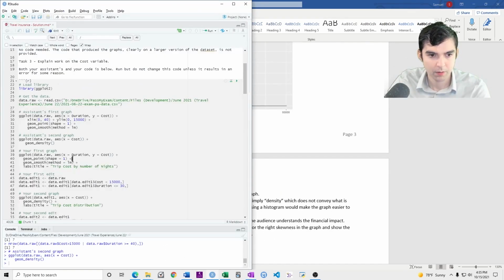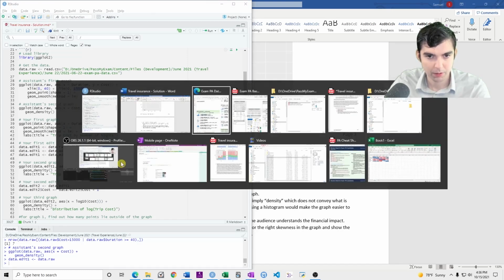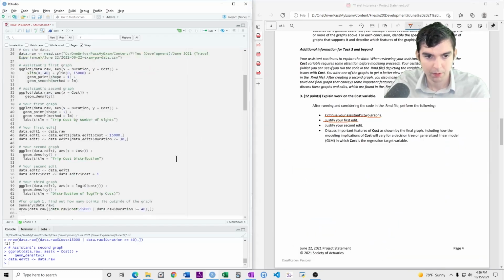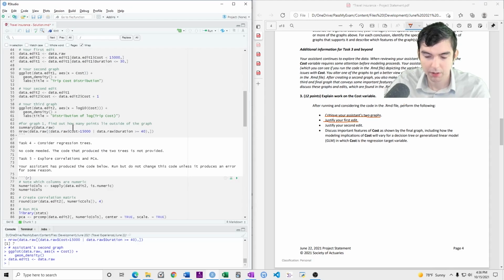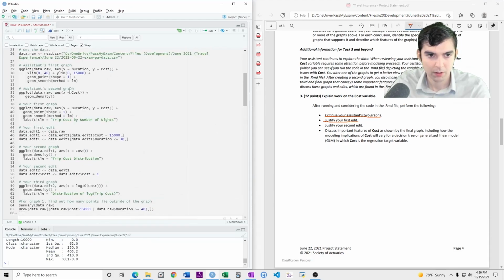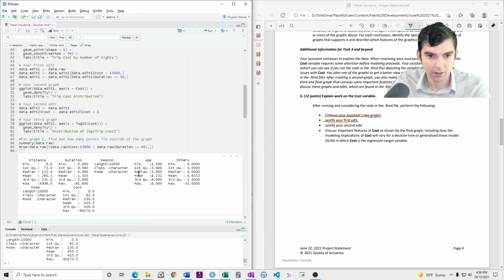Okay, there's your first edit. First of all, it makes a copy of data raw, and then data 1 edit keeps cost less than 15. So why does it do that? Justify your first edit. I would justify that by looking at the quantile. We're saying cost less than 15, and that's the third quantile, 75% of the data.